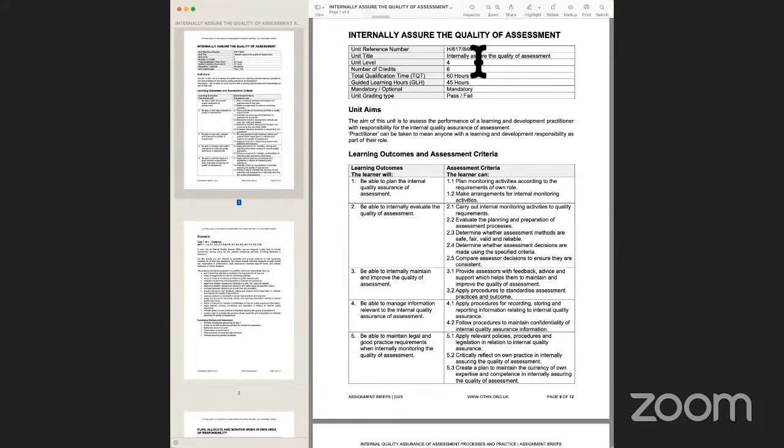So today we're going to do the assignment discussion for Unit 2, which is internally assuring the quality of assessment. Now, as I mentioned earlier in some of the lectures, this is a practical unit. If you see the learning outcomes and assessment grade, most of the learning outcomes are "be able to". There is nothing in terms of "to understand" or knowledge related. So here you have to practically demonstrate the activities that you do on a day-in, day-out basis in